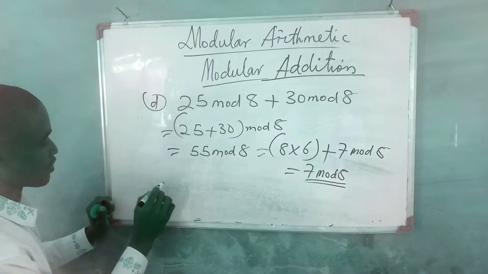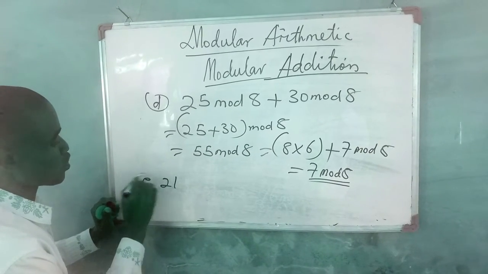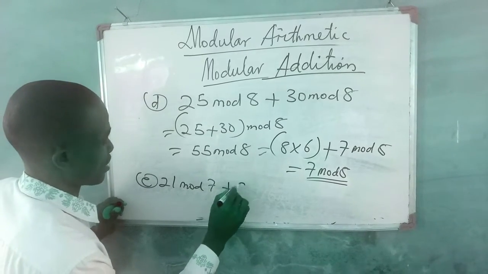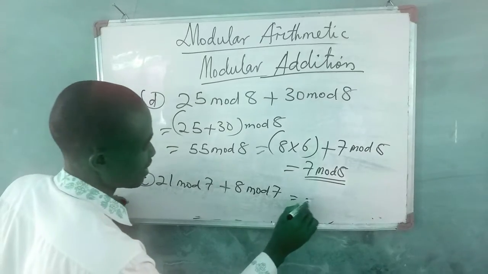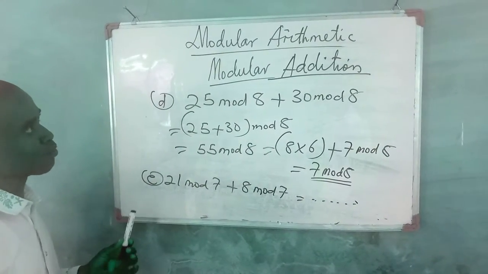Now try this: 21 modulo 7 plus 8 modulo 7. What do you think is your answer? I know you can do that. Now quickly, let's move to